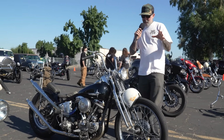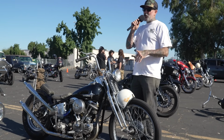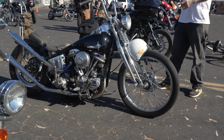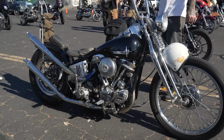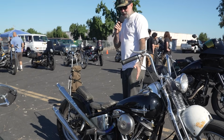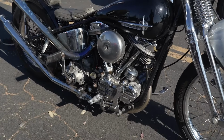So, local boy, in it to win it. Cool stuff. Beautiful, beautiful, tasteful Panhead. I mean, it doesn't get much better. You got that factory Springer. You got a straight leg frame. Panhead, of course. Probably a butt seat, sitting on a Biltwell seat hinge, original tanks. Cocktail shaker pipes. I mean, this is just like